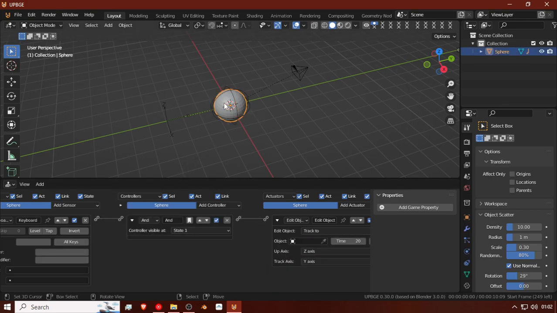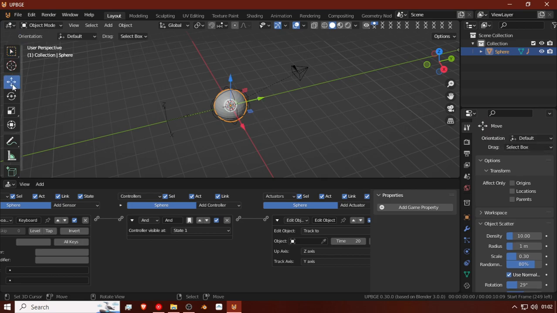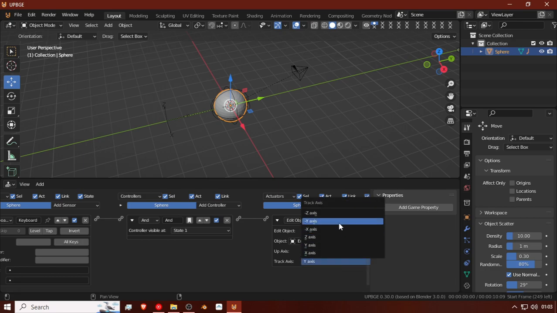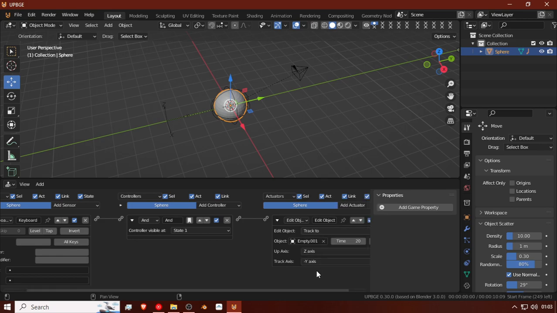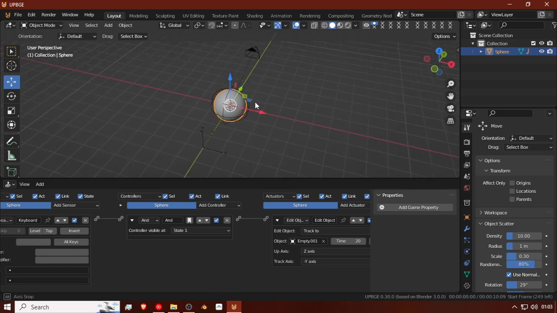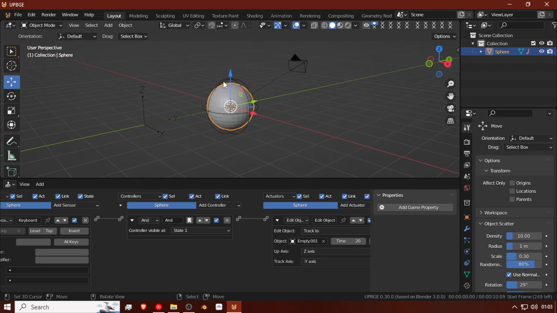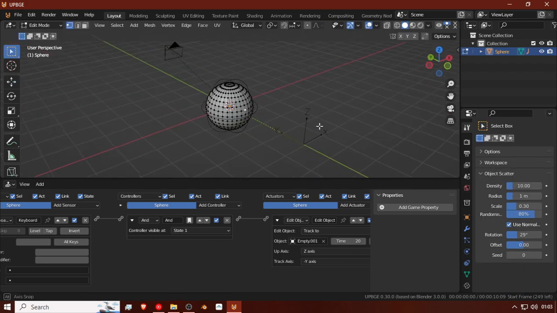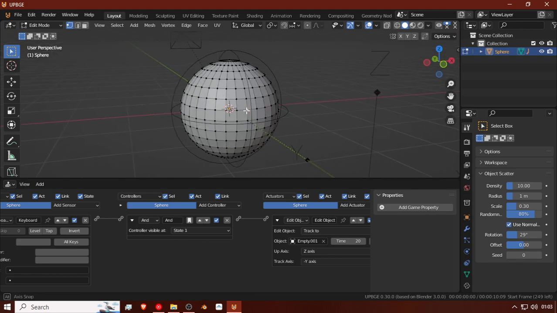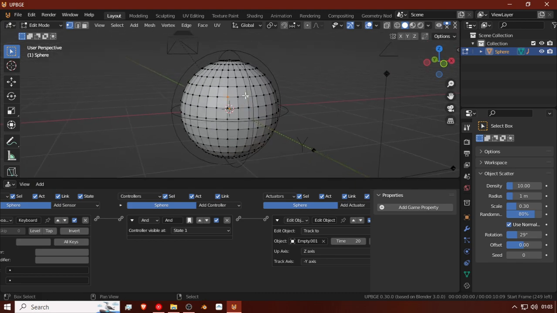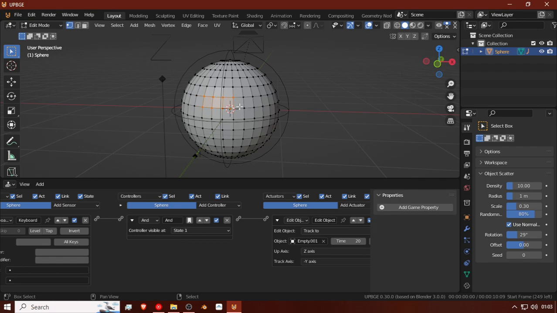Okay, so remember to check which way you are gonna be moving. So I want this to track to this, and that's going to be the negative Y. So the track axis is going to be negative Y. Just to see which way we're going, I'm going to do something like this. Tab into edit mode. Maybe just give this a little bit of a nose or a face or something. Not gonna be beautiful, but